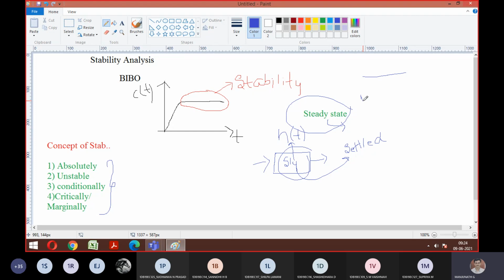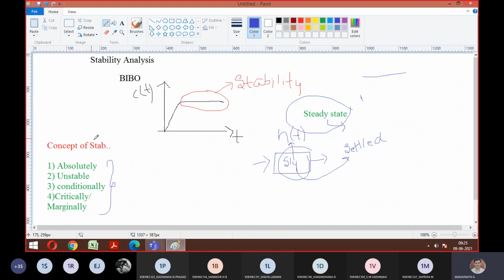So whatever time you vary, if it reaches that settled time, then it is kept constant. There is no variation with respect to my system. Such a system we call a steady state system. Is that okay to everyone? Am I clear with this? Yes, sir. Okay. So analyze this statement, because we are going to deal with the same thing.